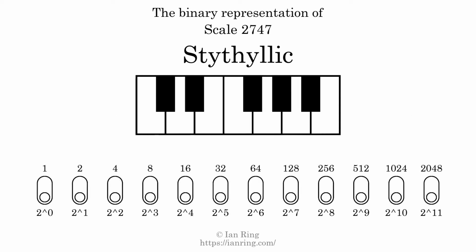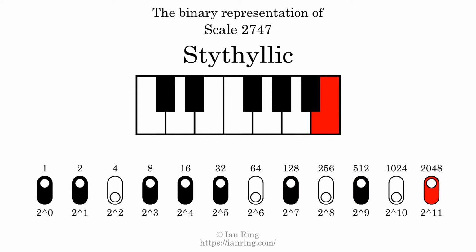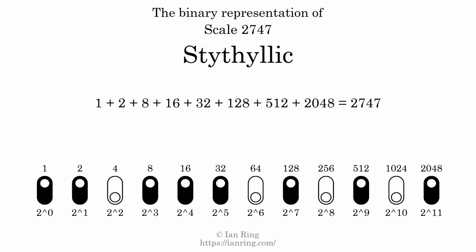The binary representation of this scale is determined by mapping tones of the scale to binary digits. Each binary digit represents a power of 2. To get the scale number, we add the powers of 2 together. The powers of 2 that are present in the scale, all added together, equals 2747. That is why the scale number, in decimal, is